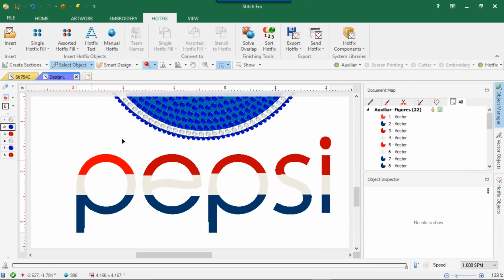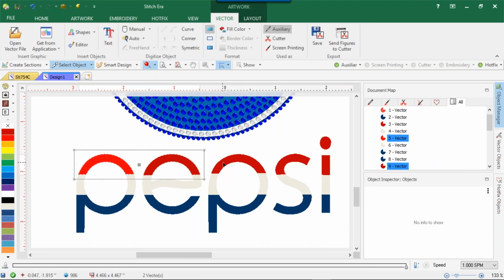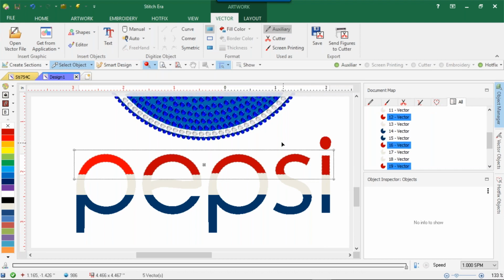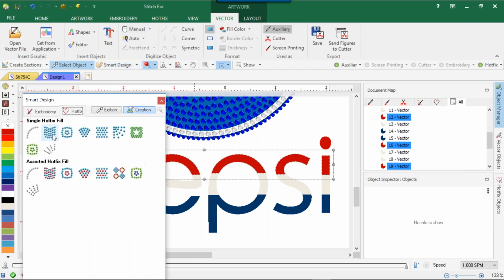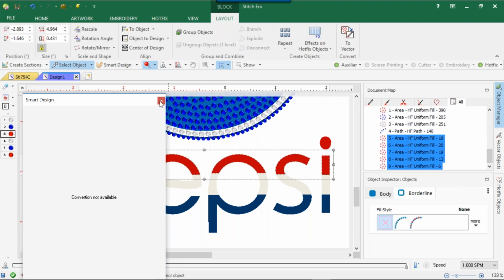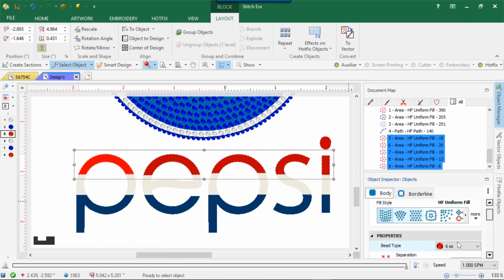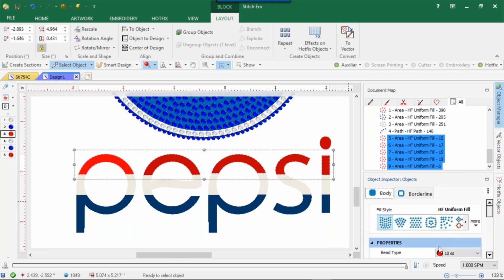So now we're going to do Pepsi. Now we're going to do the word Pepsi. So I'm going to choose my first color. It's going to be red. Choose all the red objects, holding my control button. And I'm not going to do that one. I'm going to go ahead and go to Smart Design. I'm going to do this fill. Immediately come over here to the body, and we'll